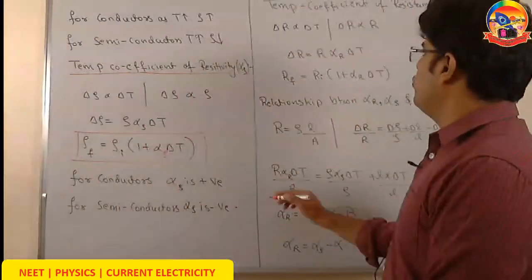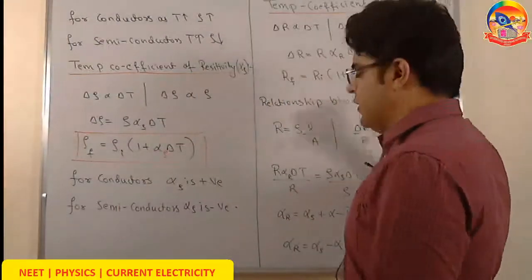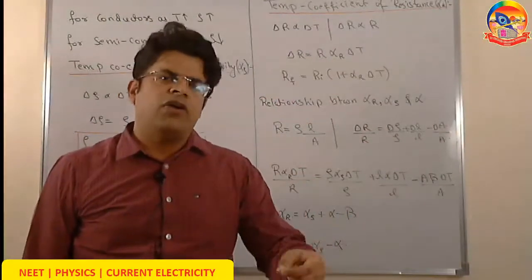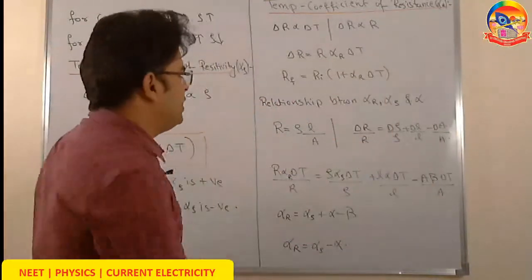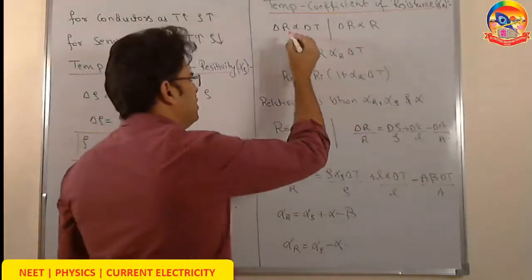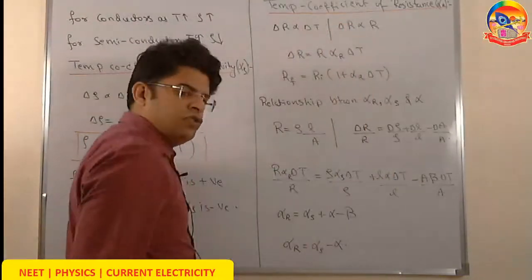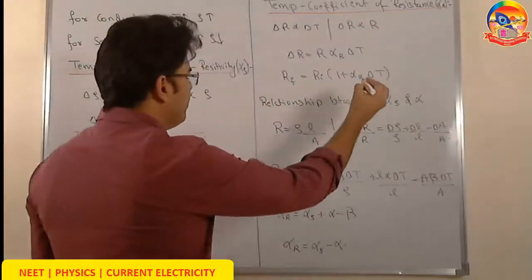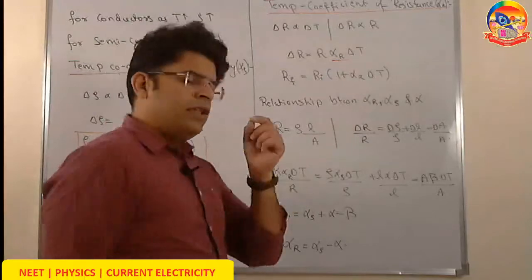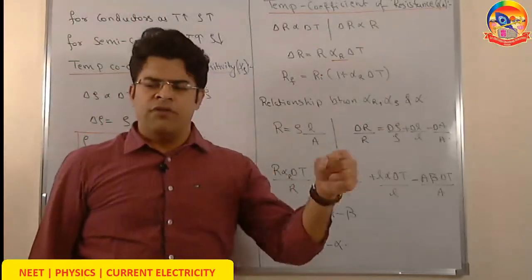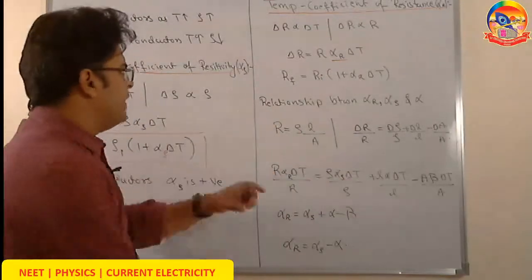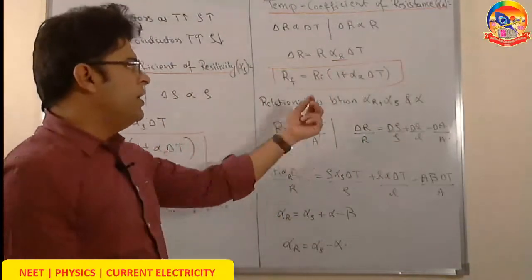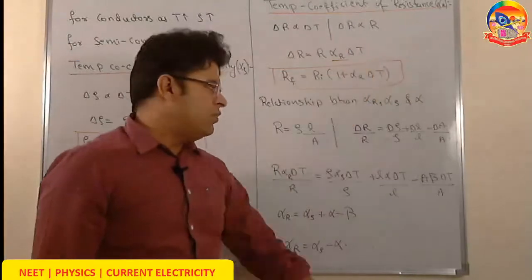The next term we need to talk about is the temperature coefficient of resistance. For conductors, as on heating resistivity increases, in the same way on heating resistance also increases. We say that for a small change in temperature, the change in resistance is directly proportional to the change in temperature, and the change in resistance is directly proportional to the original resistance. Then we add a proportionality constant and write the change in resistance equals original resistance times alpha R times delta T, and the final resistance after heating has to be equal to the initial resistance before heating times 1 plus the thermal coefficient of resistance times delta T.